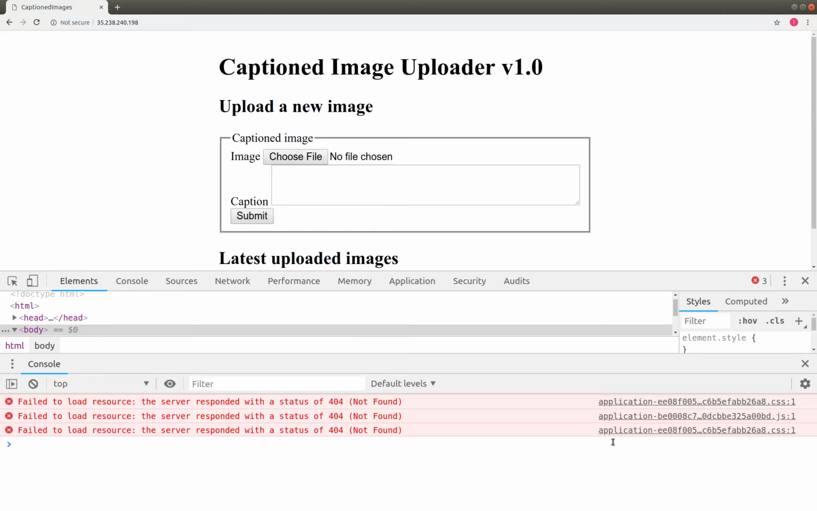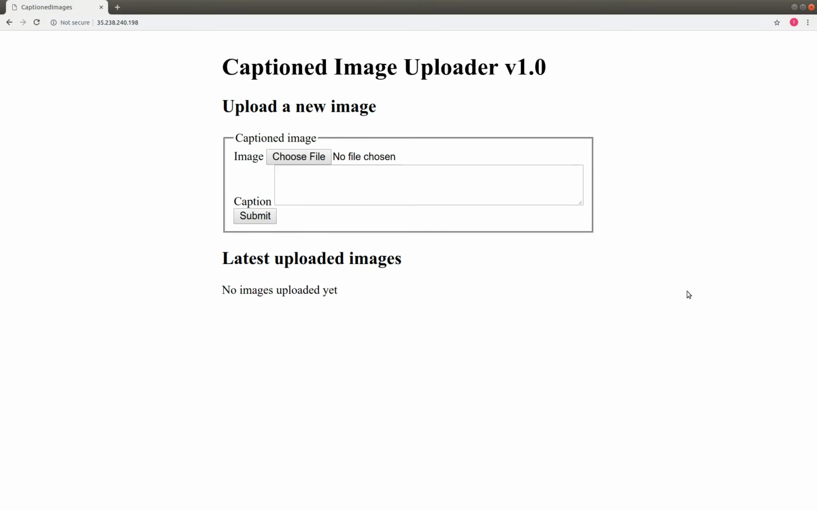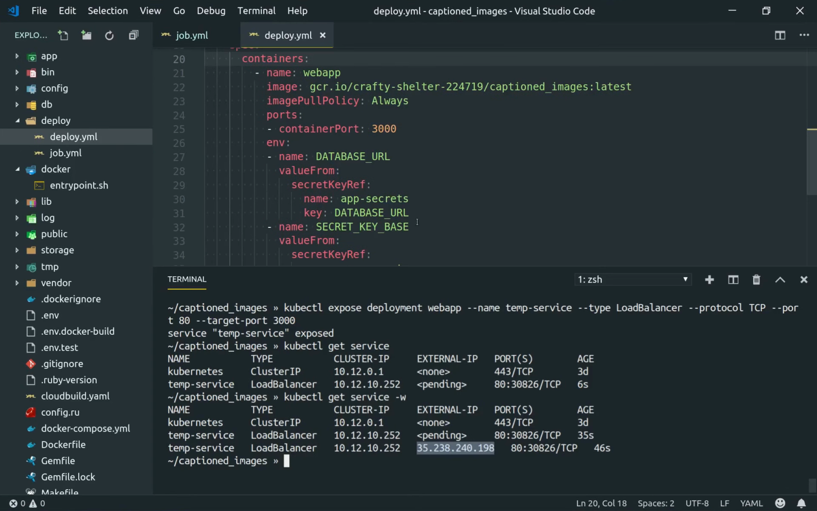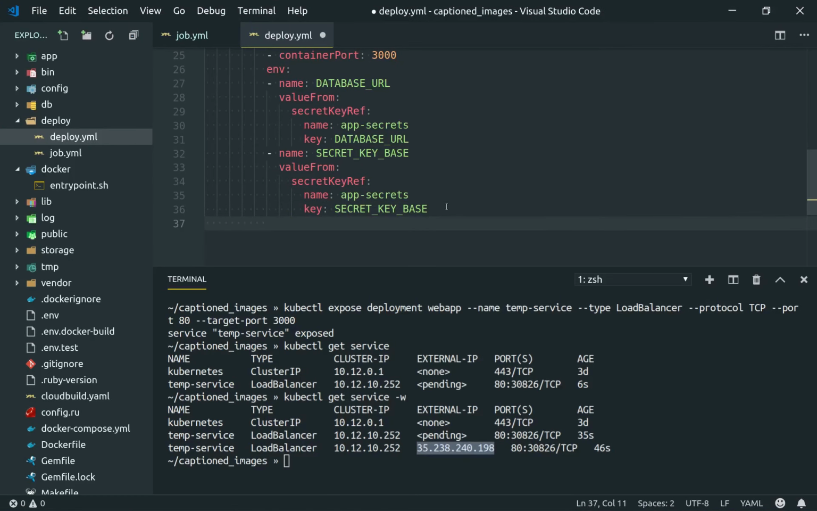So if we look at our browser console here, you can see that requests for our application CSS and JS file are returning 404. And you may already know the reason, but it's because since we're running a standalone Rails server without a reverse proxy sitting in front, we need to tell Rails to serve static files. So we will need to add a config value for that right now. So if we go back into our deploy, we are going to have to add another key here with the name of Rails serve static files. And if we give it a value of true,